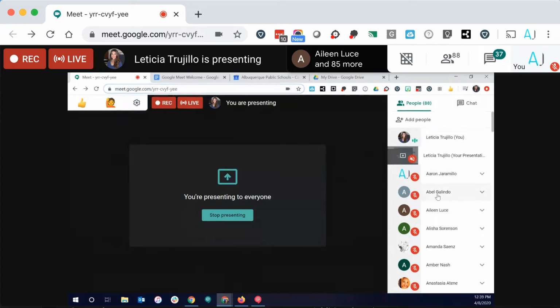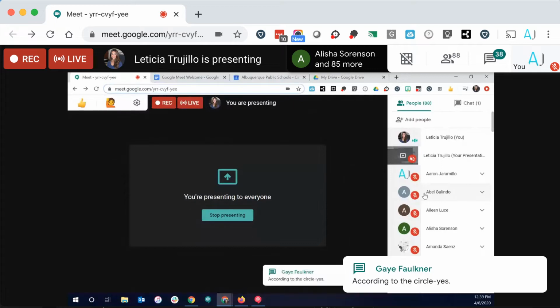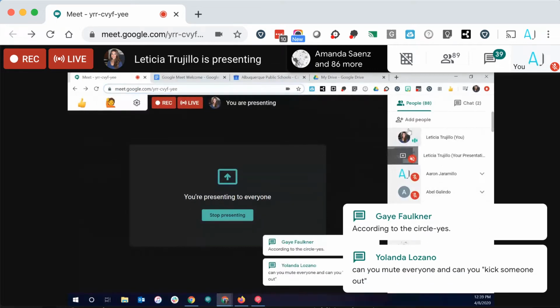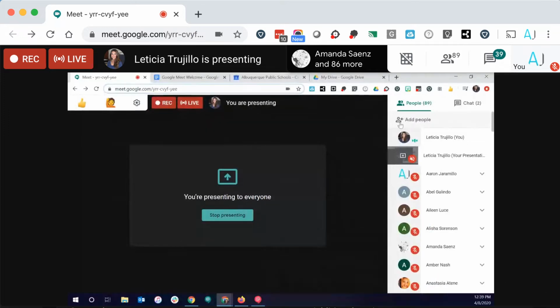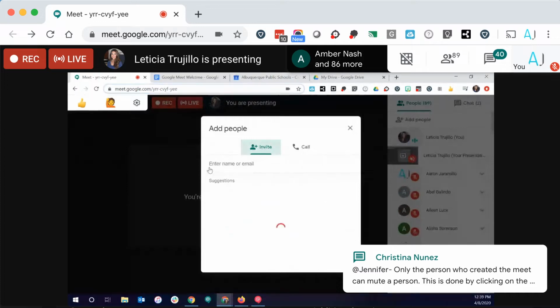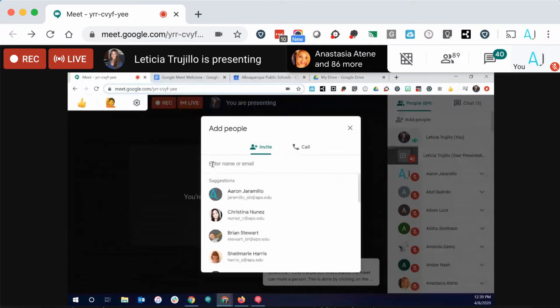Okay. Now, under people, say I've created this Meet and there's a key player that I really need to be on our Meet, and they haven't attended yet or haven't participated in the meeting. What I can do is go to this Add People icon. I click on that, and because I'm in the APS domain, I can start typing in